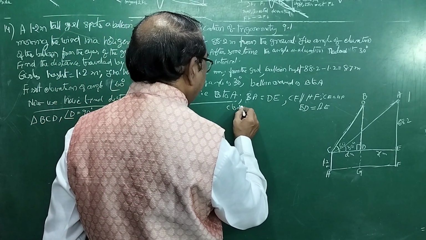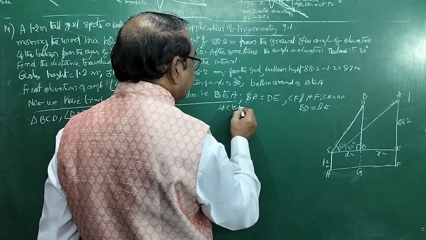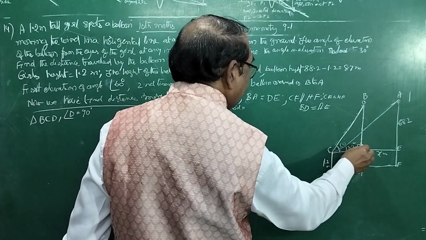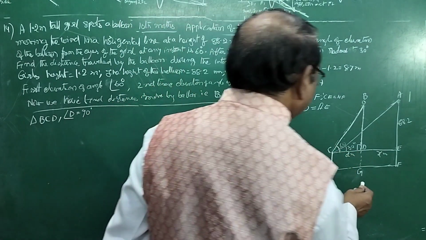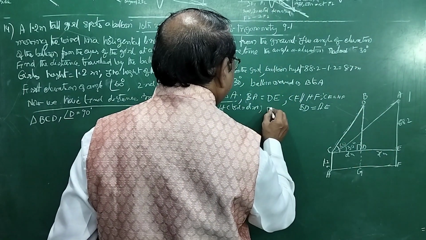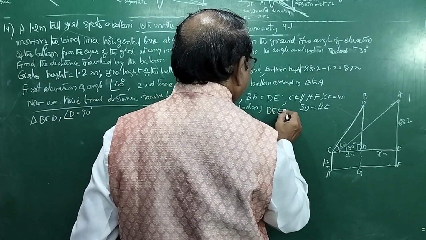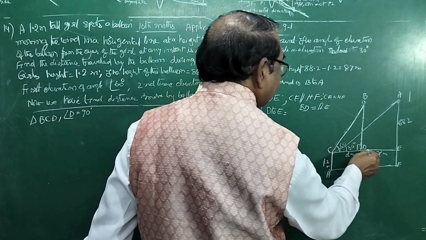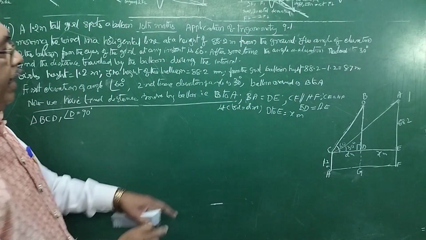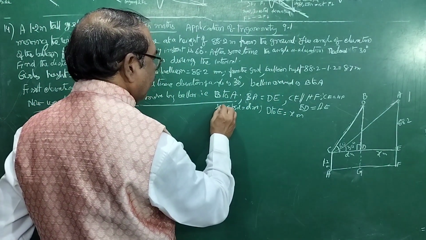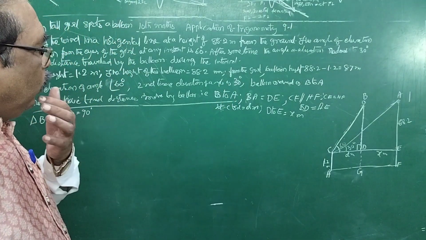Let us write this also. C to D is d meters and D to E is x meters. Now we have to find out